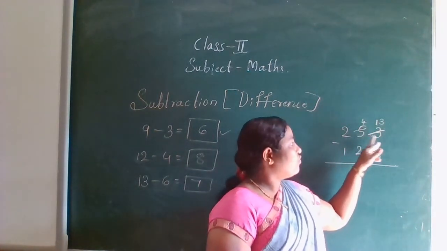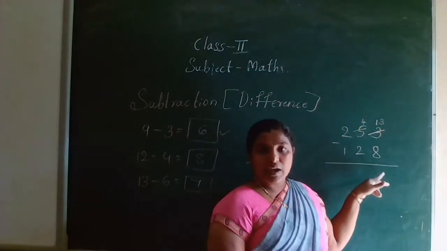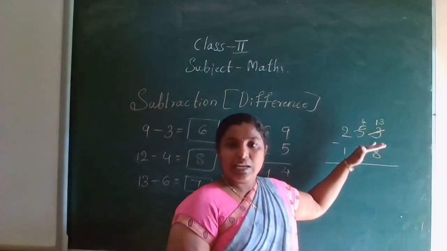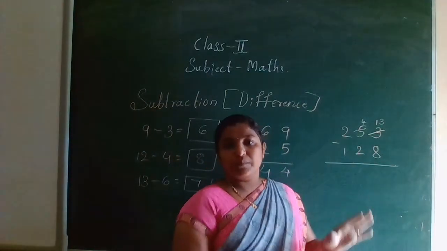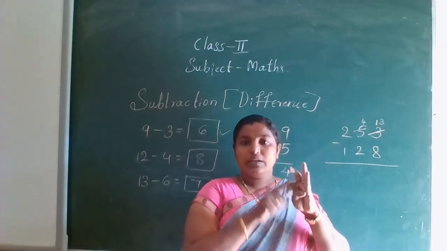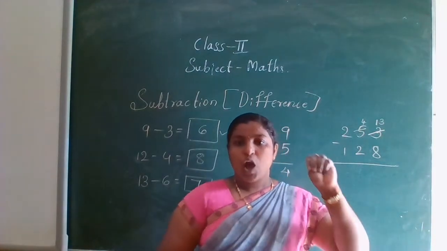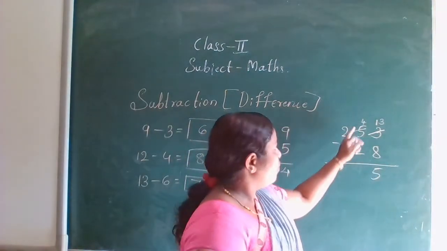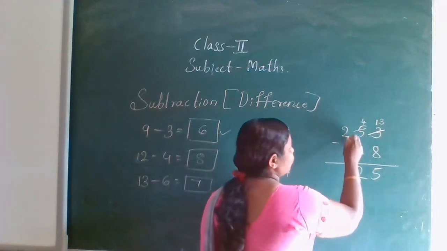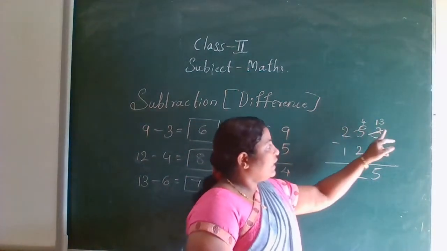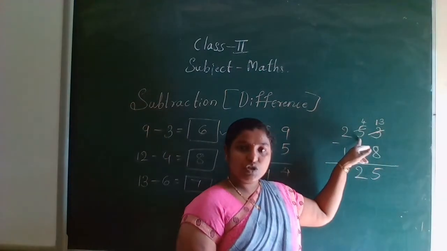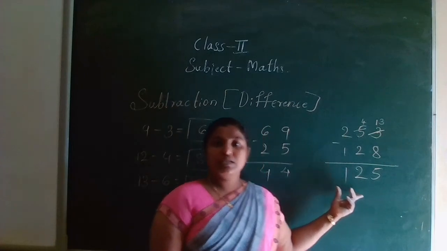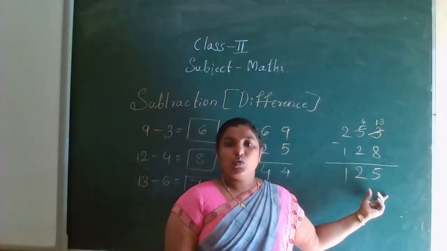Now don't think about 5 and 3. You should think 13 minus 8, 4 minus 2. So 13 minus 8, leave 8, count up to 13. 8 leave, 9, 10, 11, 12, 13. How many fingers folded? 5 fingers folded. So the answer is 5. 4 minus 2, 2. 2 minus 1, 1. We did grouping here. Yes, this is known as grouping. So these problems are called subtraction with regrouping.